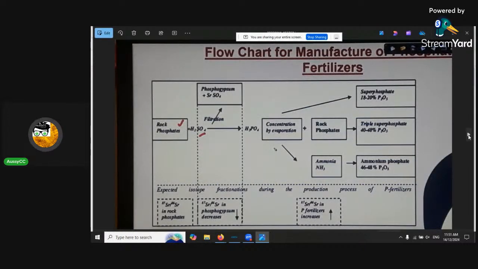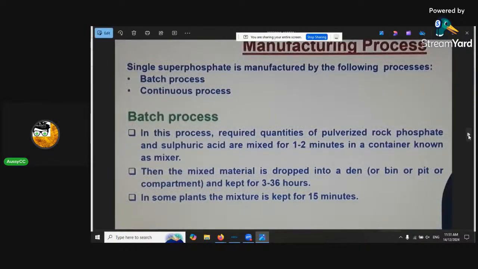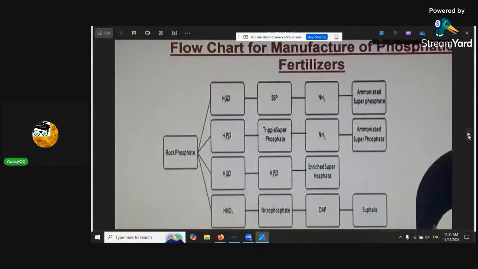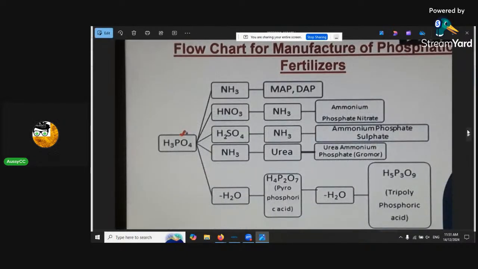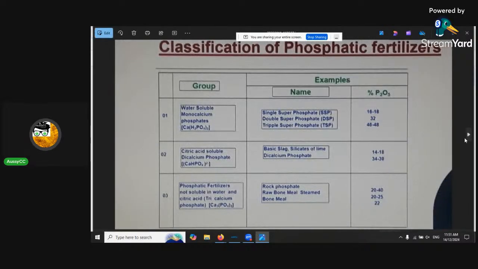Flowchart on how they manufacture it. I'm not going to go through it. Manufacturing process, flowchart for manufacturing it with different fertilizers. So you get a different end result by putting in different things. H3PO4, flowchart for making that one. Remember the two different types, and this is its classification in common industry. You can see the end result of phosphorus: 32, 46, 58.